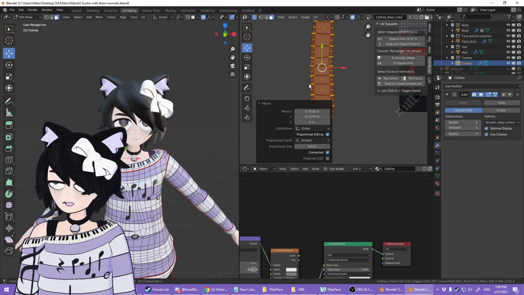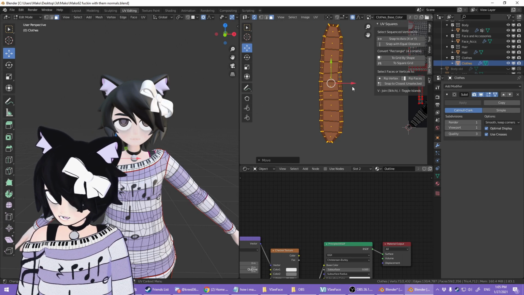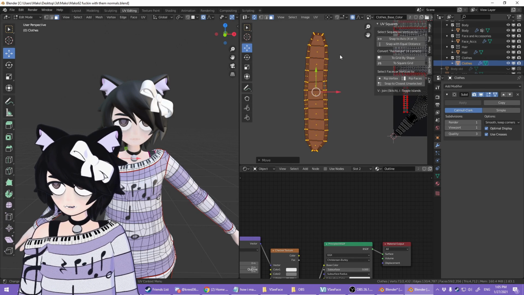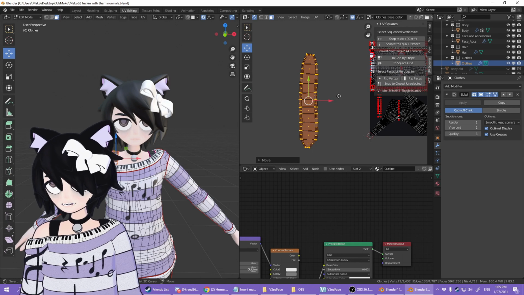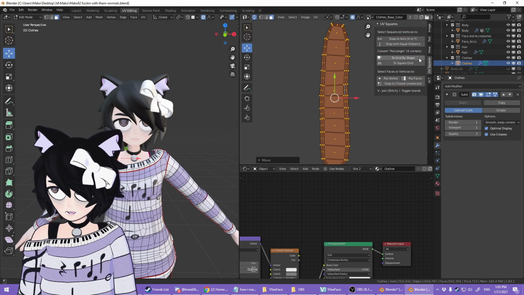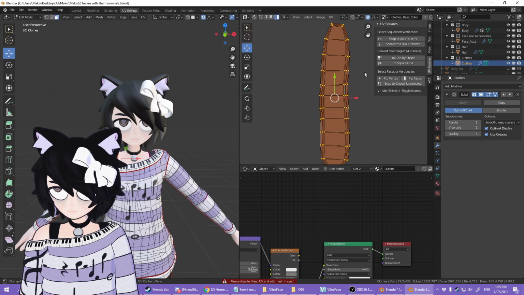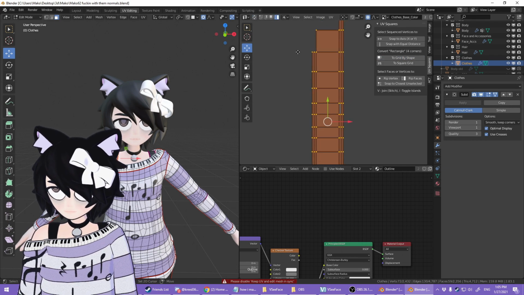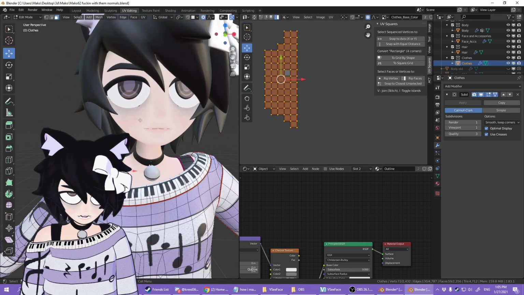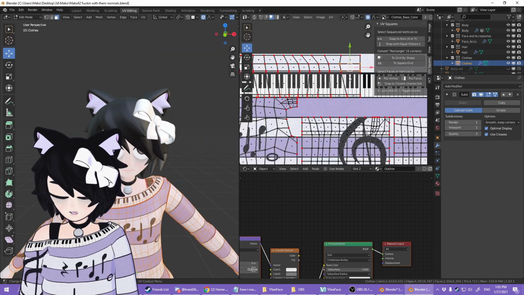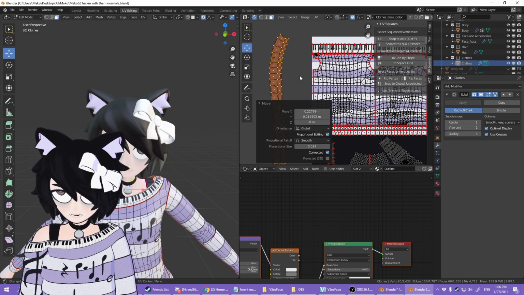Kinda ugly. But I have a plugin called UV Squares. I don't remember if this is a default Blender thing or not, but if you just Google Blender plugin UV Squares, you can find it pretty easily, figure out how to install it. Click to grid by shape. Turn that off. Then click to grid by shape. And well, that's a little weird actually. Alright, it's because I didn't unwrap that properly. Okay, it'll probably work on this though. Re-unwrap just that part. Bam.